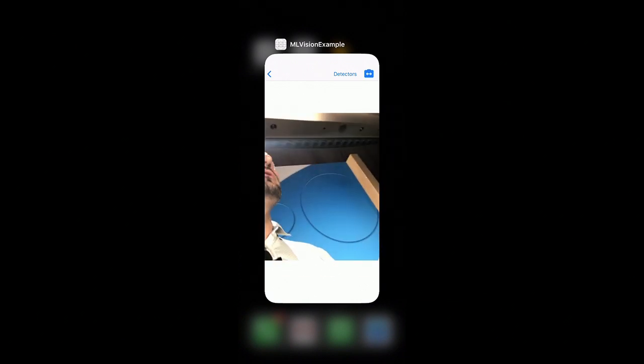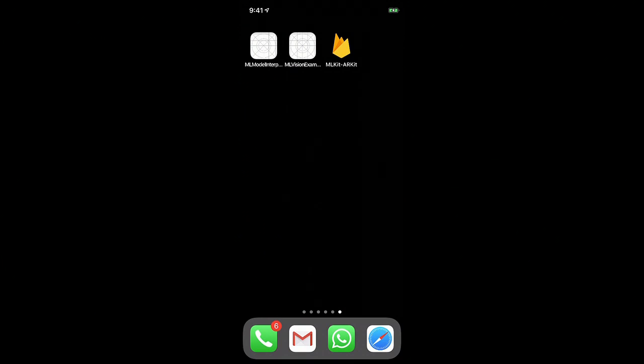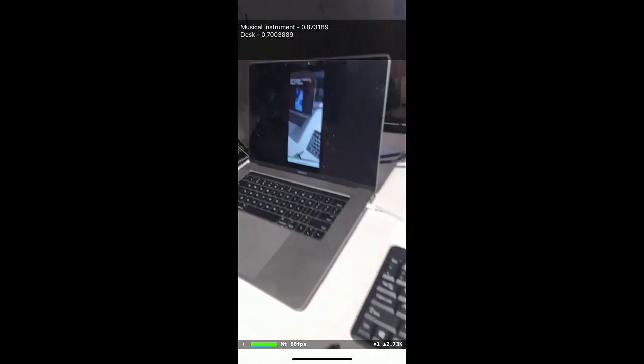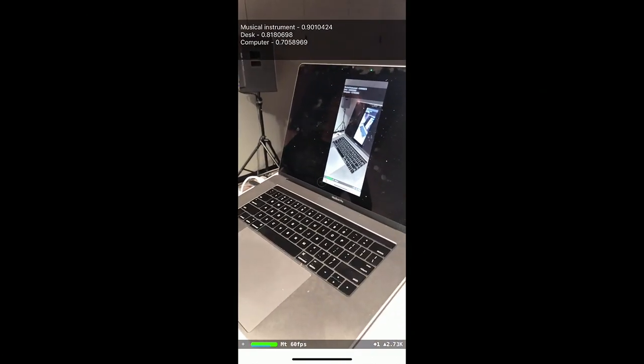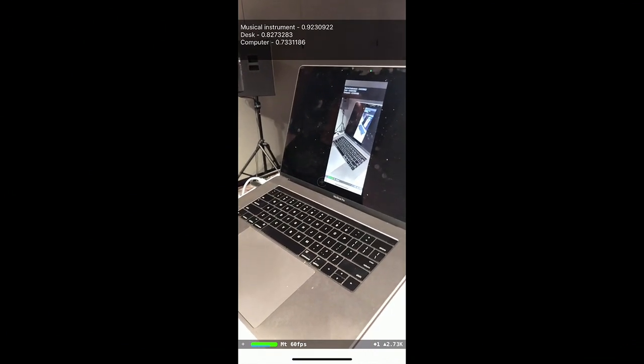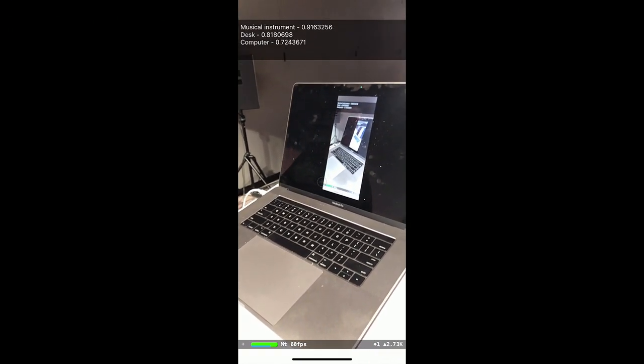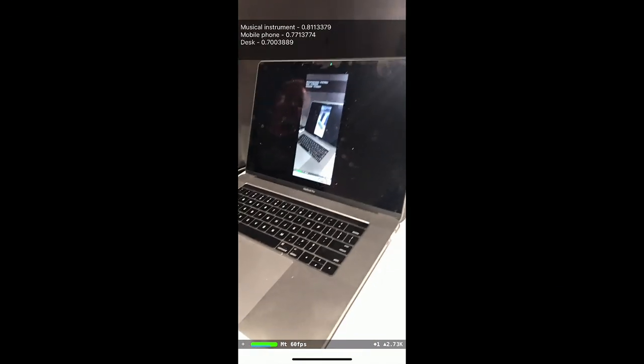But as we said, with ML Kit we were able to use even hybrid solutions because we are using a single SDK. There's another demo I did earlier. Let's see how it works. The results coming on the top are coming from the on-device API, because I want to get these frames as quickly as possible.